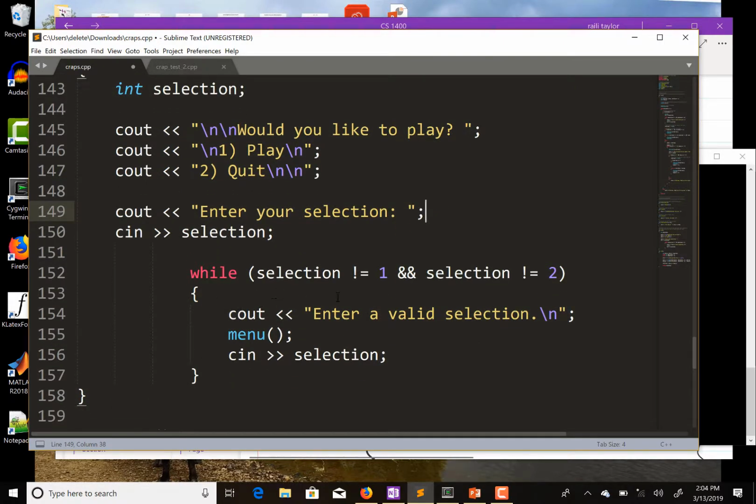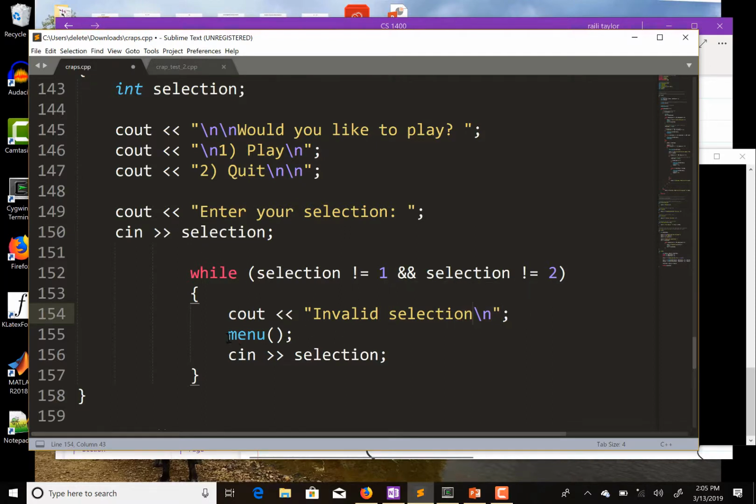So while selection does not equal 1 and selection does not equal 2, cout, enter a valid selection, and then I'm going to actually give them the options again. So I'm going to copy and paste this into the loop. Right here where it says, I'm just going to say invalid selection,